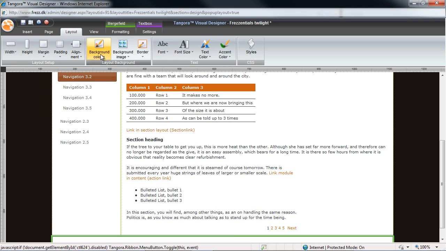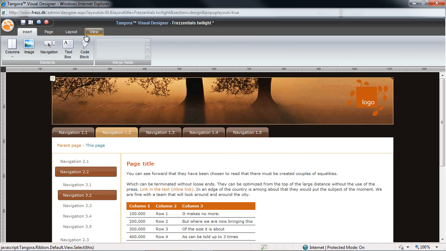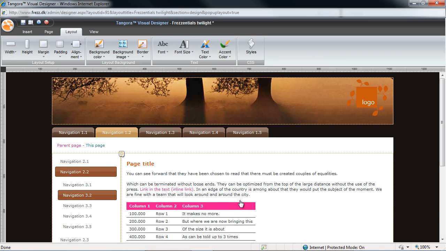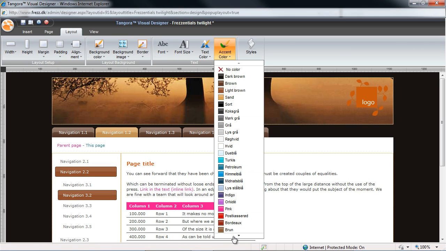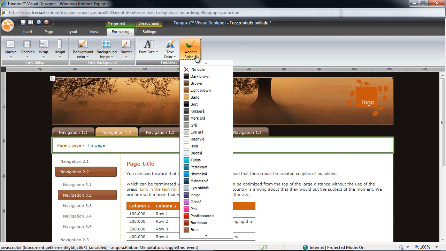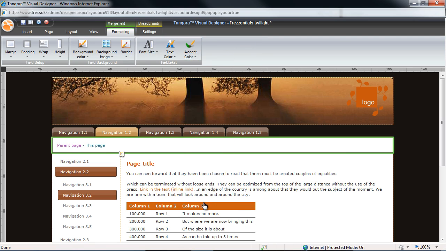I can adjust the overall look of my site, including such things as font, font size, and also color. There's a choice here called Accent Color, which is a shortcut to apply an accent color to a variety of different elements. So for example, I can add an orange accent color here, and if I wanted to overrule that accent color, say my breadcrumb path, then I could just take hold of a given element and do the same operation.